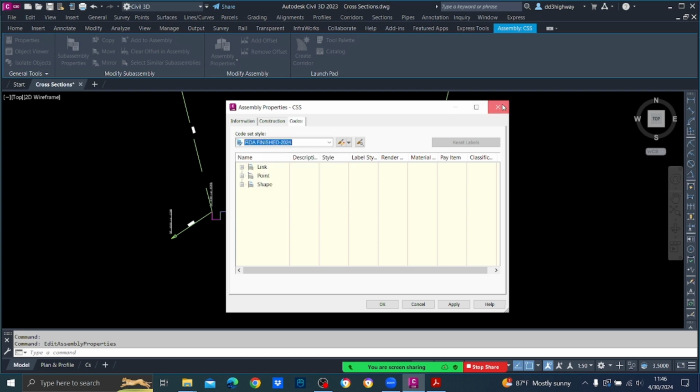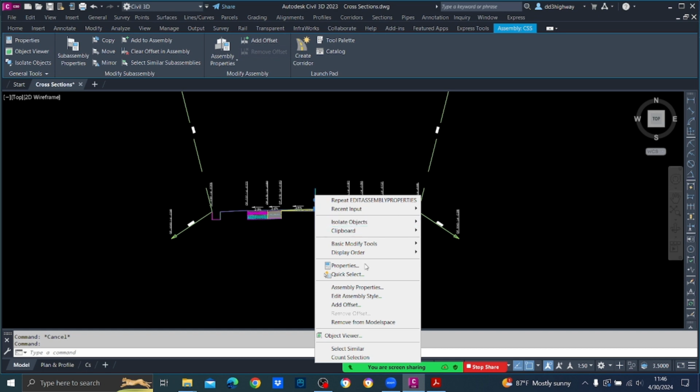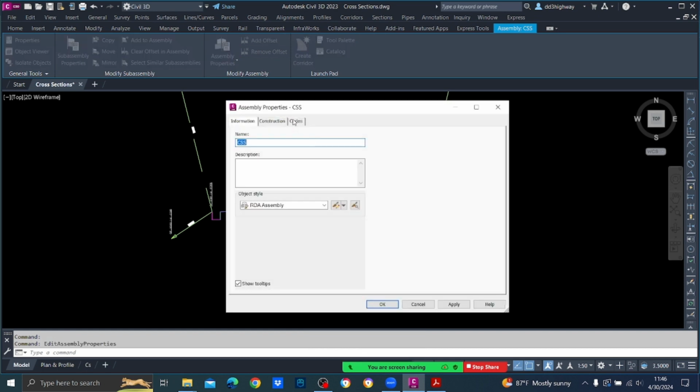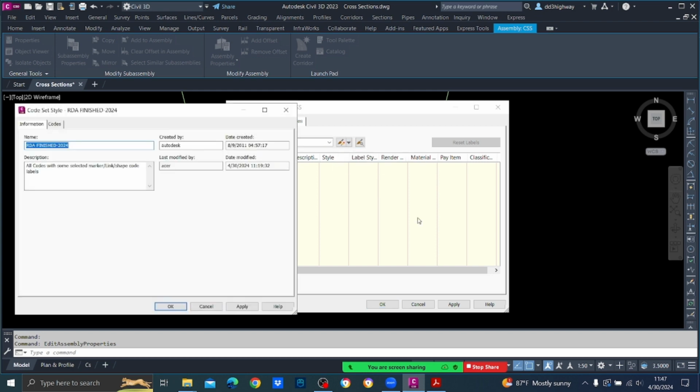You select this center line, go to assembly properties, and there is codes RDA finish 2024. You go to edit current selection,